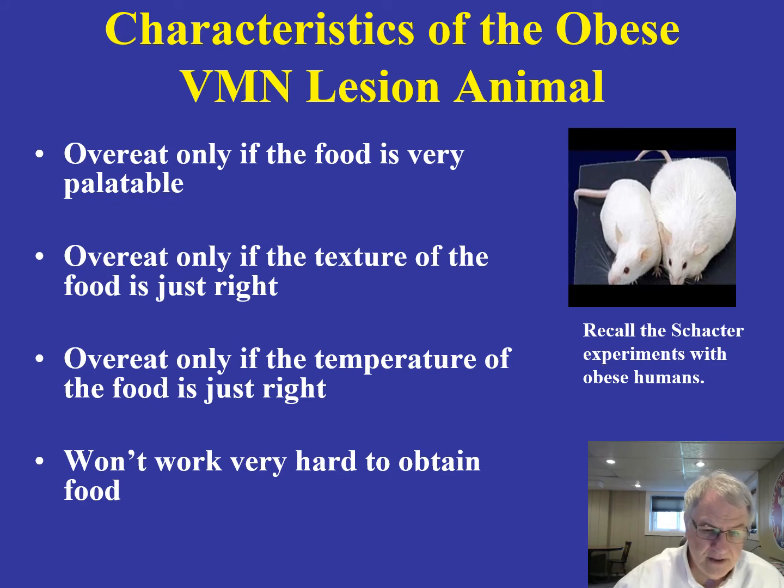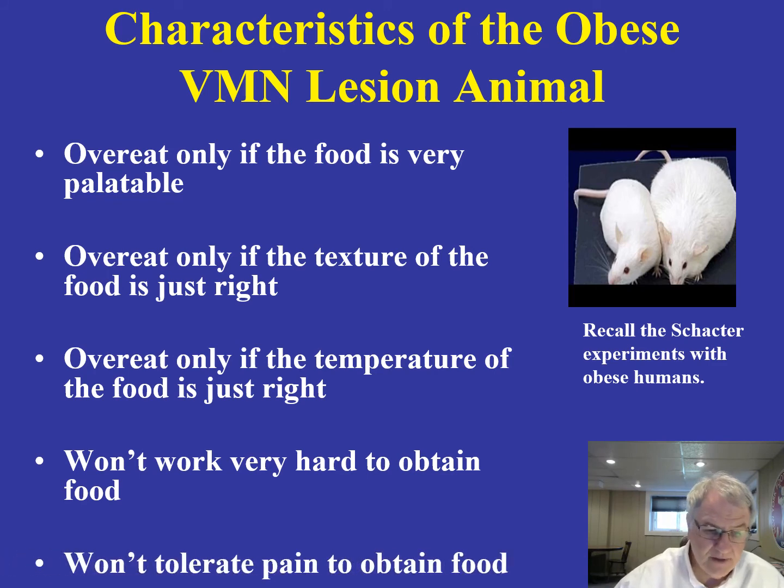They won't work very hard to obtain food. They won't tolerate pain in order to obtain food. If you ask them to cross over an alleyway, for example, in which shock has been administered to the floor, they won't do that. If they have to press a bar many times in order to obtain food, they won't do it. So again, some very interesting similarities between Schachter's work with humans and the work that has been done with lower